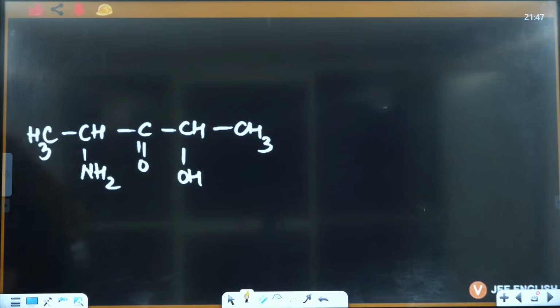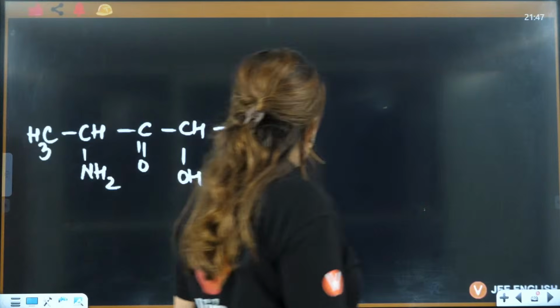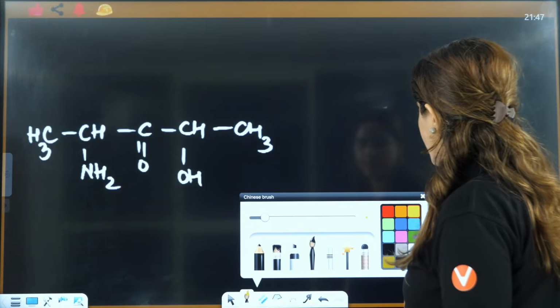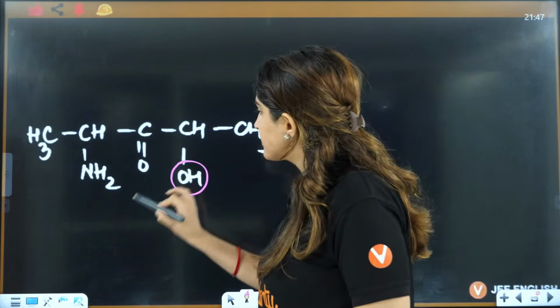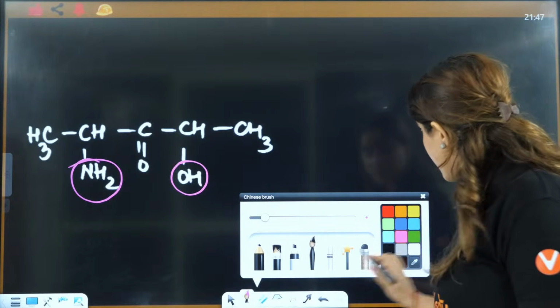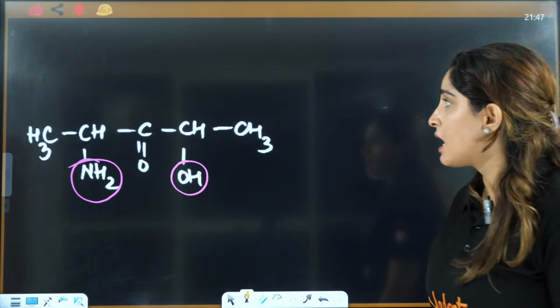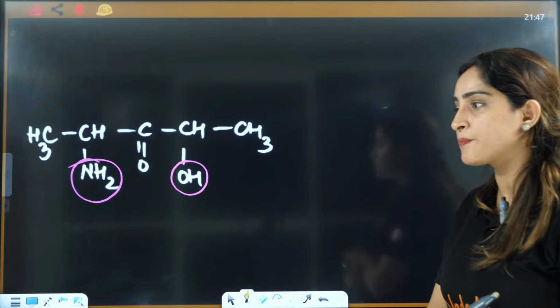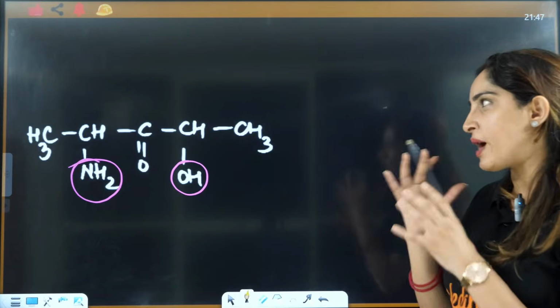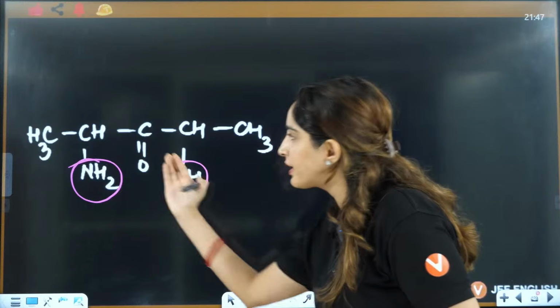Okay, right, everybody? Done. Very good. Now if you see this here, 3 groups are there. One is OH, one is NH2, one is ketone. Definitely these are the 2 side groups. These are the 2 substituents that you have, right ma'am? Yes ma'am, we have substituents. But ma'am, what do we do now with the substituents? Now you have 2 substituents. The question is, ma'am, should I start from here or here?